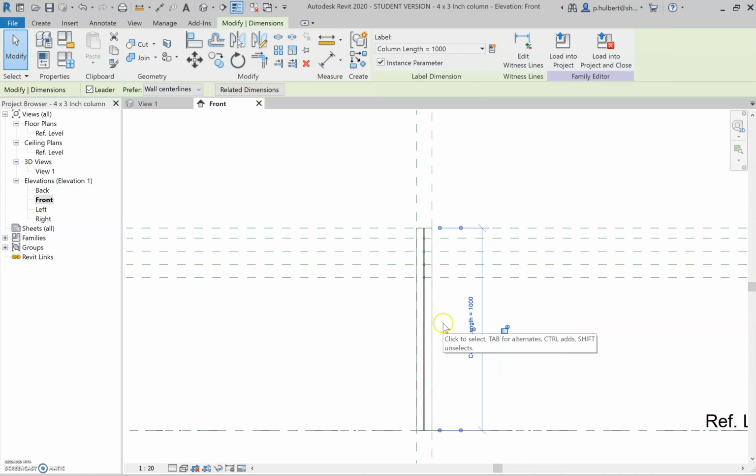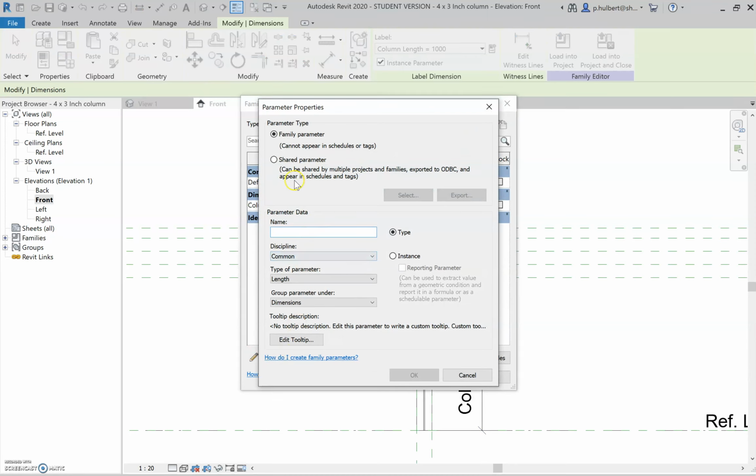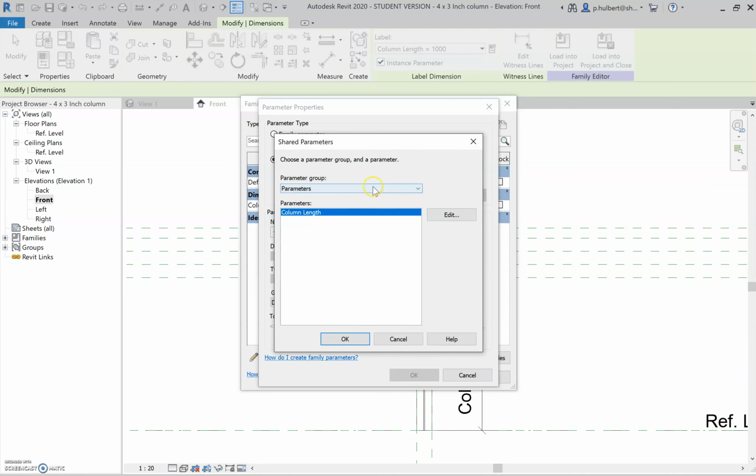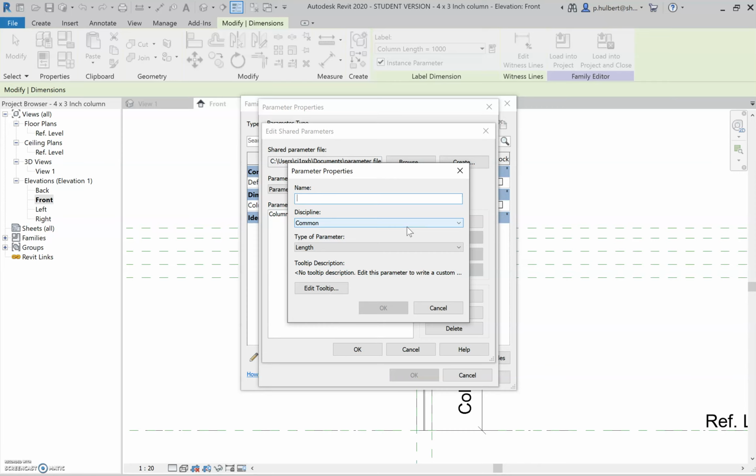So there are other types of parameters you might want to add. So for instance, we're looking for the weight, so we might want to put the density in. So in this little table here, you could add a new parameter which isn't attached to a dimension. So this is a shared parameter. They've got to be shared, so you can go in the schedule, again from this instance. No parameter selected, so let's select a parameter. So I'm now going to create a new one. So it's not column length, so I have to create a new one. So edit, new parameter. I'm now going to put density,